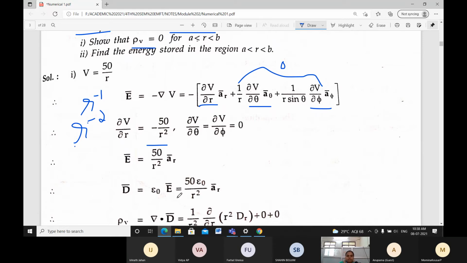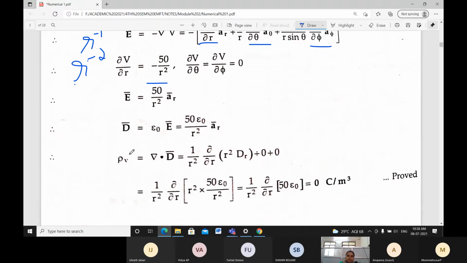Then the flux density is going to be what? Just multiply with the epsilon naught. That's it. Therefore, D, the flux density, is going to be epsilon naught times E, that is 50 epsilon naught divided by R square into aR. Therefore, rho V is going to be del dot D. Observe here, again we are using the del dot D equation,